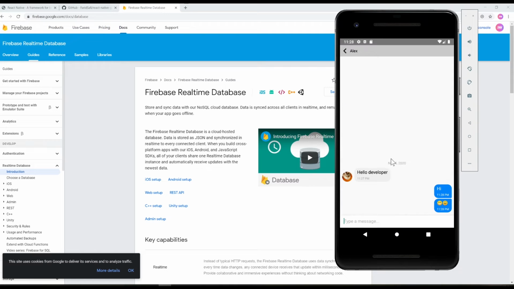That's a very good library to build React Native chat applications, and you can also extend this project to a bigger one, and build something like WhatsApp or Skype or